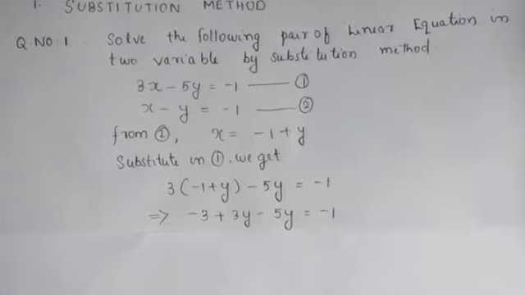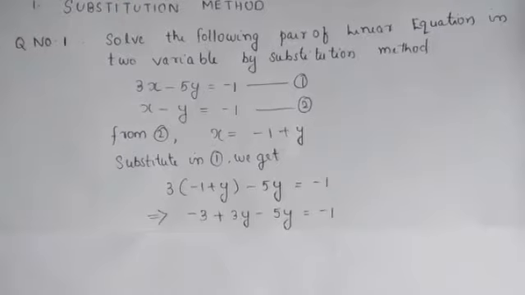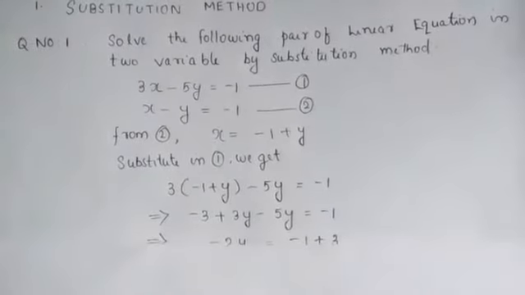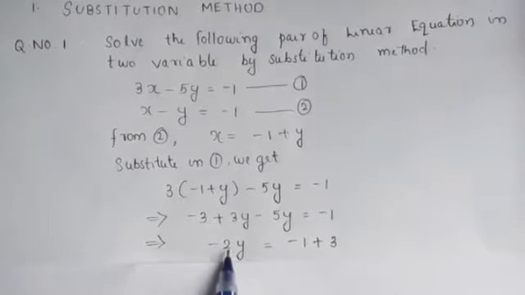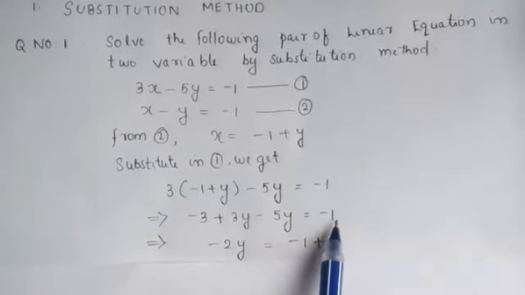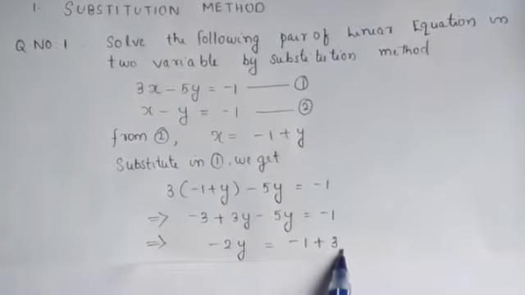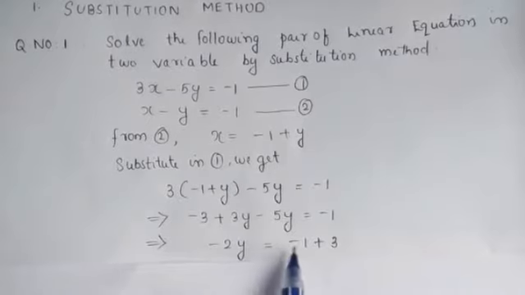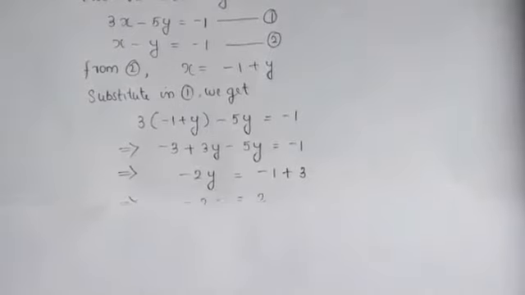Now after that, what is our aim? Find the value of y from this equation. For this, you arrange the y variables only on the LHS and the numbers on the RHS. So you will get 3y minus 5y is equal to... 3y minus 5y you can subtract, they are like terms. So 3y minus 5y is equal to minus 2y. That is equal to minus 1, already it is there. And when you transpose this minus 3 to the right side, it becomes plus 3. So minus 2y is equal to minus 1 plus 3. And minus 1 plus 3, what is the value? It is equal to 2.